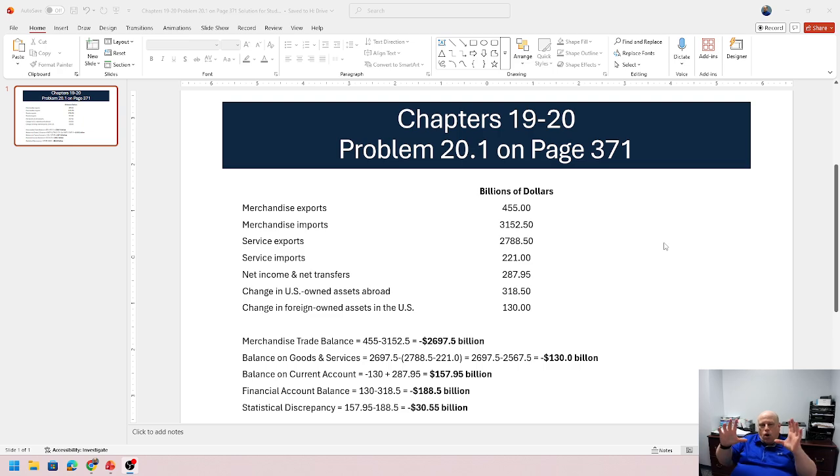Of course, it gave you all the numbers in billions of dollars. Some of them are actually trillions because they're 4-digit numbers, but we're making everything a standard amount, so they're all in billions. So the correct answer for merchandise trade balance is a negative